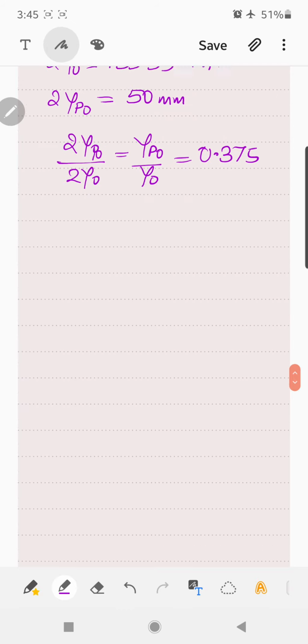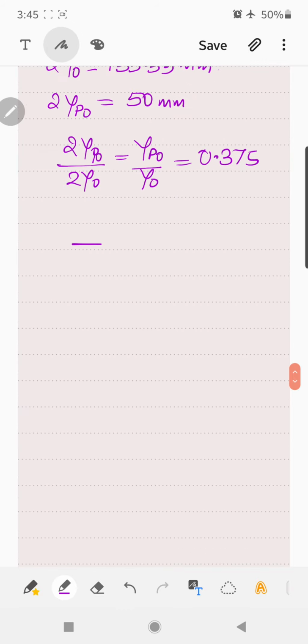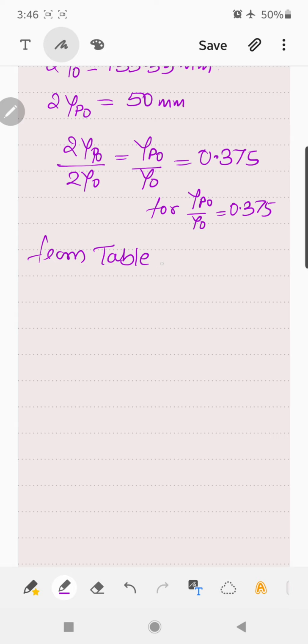So if you interpolate, we'll get the values of x by 2 y naught for yp naught by y naught equal to 0.375, for this ratio, as per the table, we get